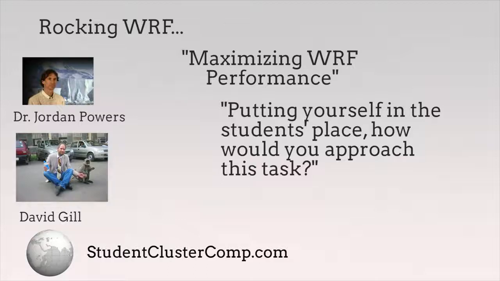The weather model has a lot of options for how to represent processes in the atmosphere, and these can return differing levels of accuracy and goodness of the forecast. But it can be simplified quite a bit by selecting options to minimize the amount of computation and the amount of detail that's put into the forecast. So as a general rule of thumb, I would look toward the simpler physics options